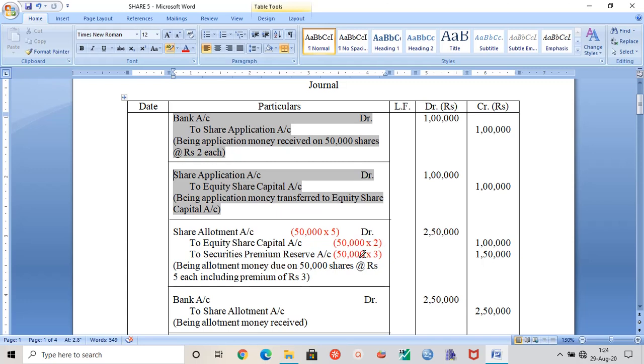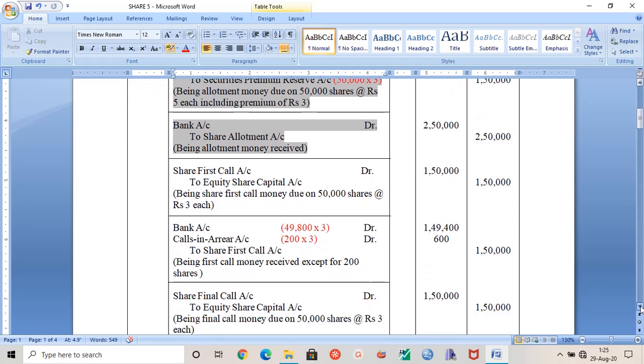securities premium reserve, okay? SPR is the short form which I'll be using to explain, just like we use WCR for workmen compensation reserve, okay? So this SPR is the short form that we will use for securities premium reserve. Just in order to explain things we have to write the full form only. Anyway, this 50,000 into 3 will be for your SPR, securities premium reserve. So this is your entry that you need to pass here, which is very simple. And after this, the allotment money is also received. The entire money is received, 2,50,000, there is no problem here.